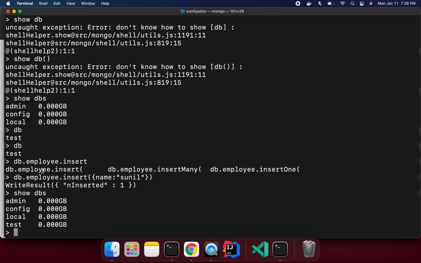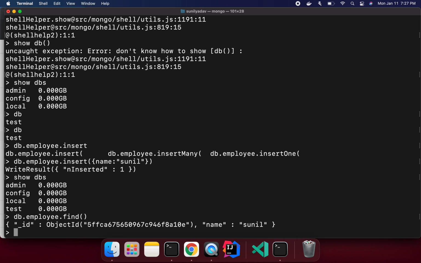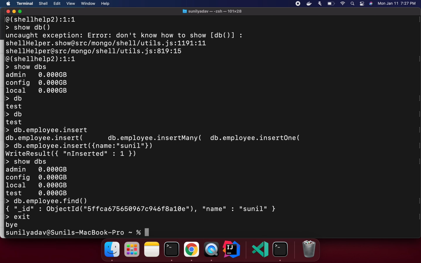If we want to see what data we have in this collection, we can say db, which is my current database pointer, and now we can say employee. If you press tab, it comes automatically. So employee.find, just run this function, and it will show you this name exists. That's how you can create a database, delete a database, and perform operations. So these are the installation instructions. If we follow them, it will install. MongoDB is working fine, we can exit it, and now it's done.